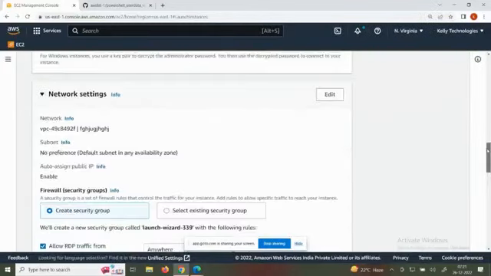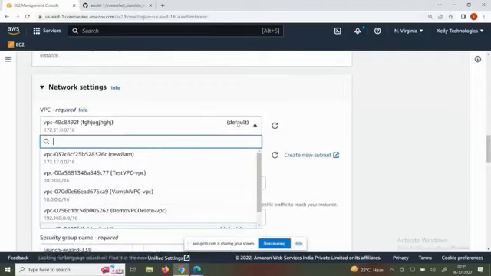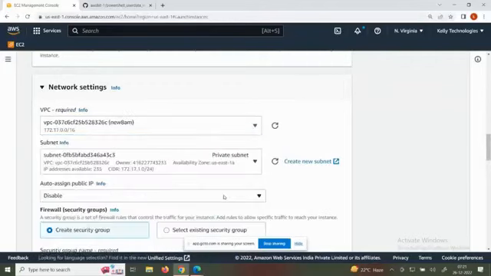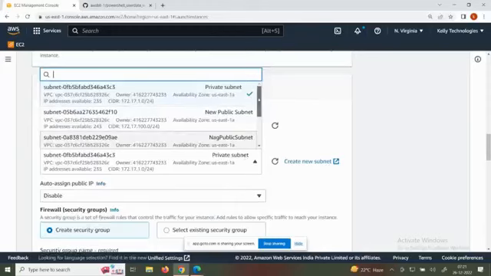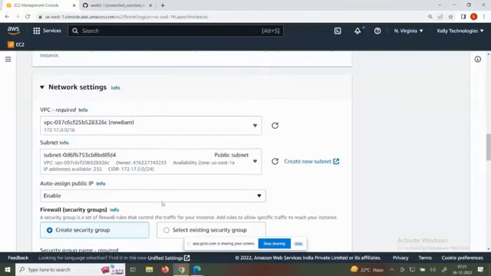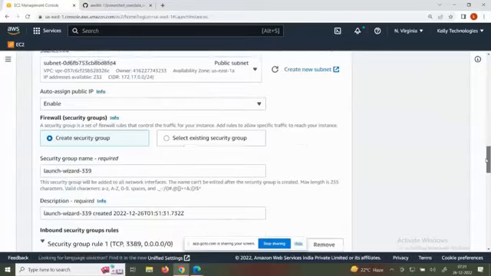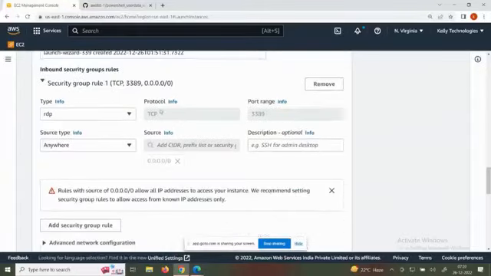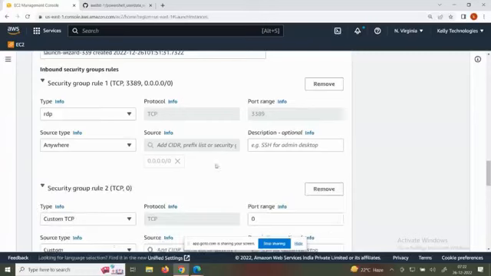Then I want to create this in the network, subnet is equal to public subnet. IP address is auto assign. Security group, I'm saying 3389 open to anyone. Right now, add